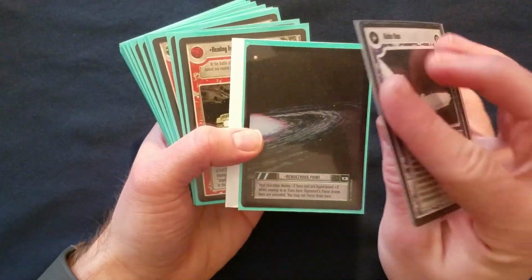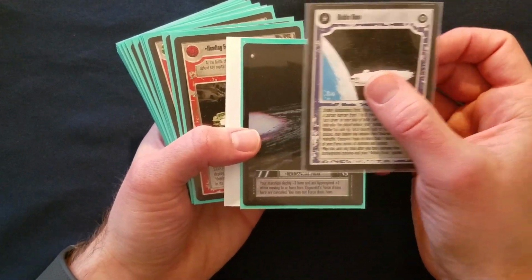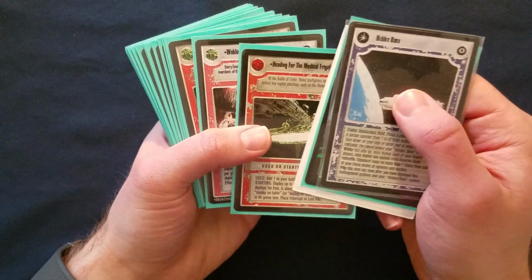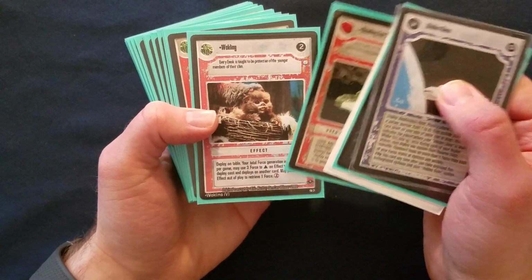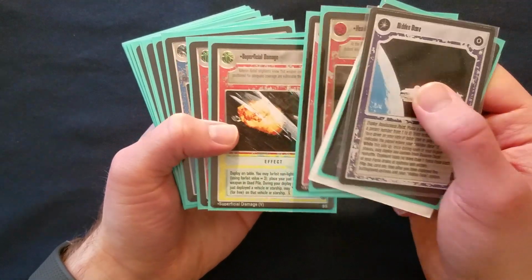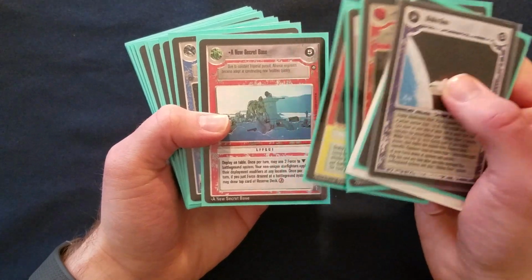So the longer you can keep them from finding your base, the easier it's going to be to really shut down the damage that they can do. And just slow them down in general, because it costs force to draw cards. So Walkling for a bonus force, this same effect again, superficial damage, and then this helps me get out systems